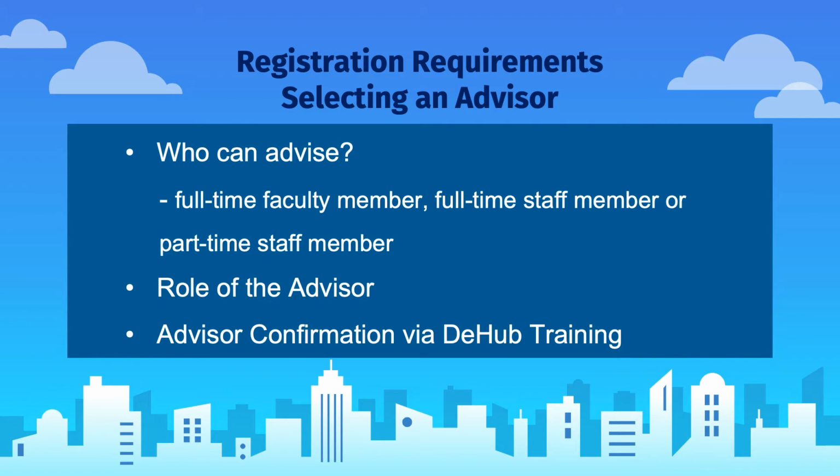studentorgs@depaul.edu. There is an entire section in the Student Organization Handbook that lists the advisor responsibilities and best practices. Review this with your advisor so you can establish expectations early on. Additionally, your advisor will be required to approve of their role via a new advisor training before your group can become fully active. Once appointed an advisor, they will receive an email from campus groups for them to complete this training and approval.